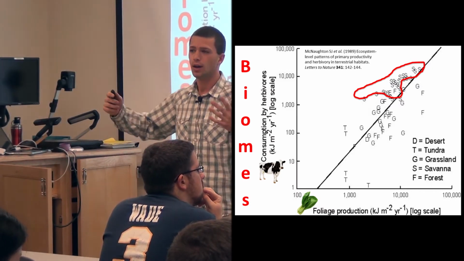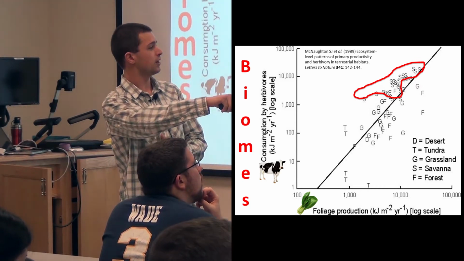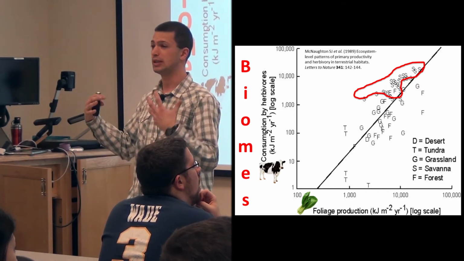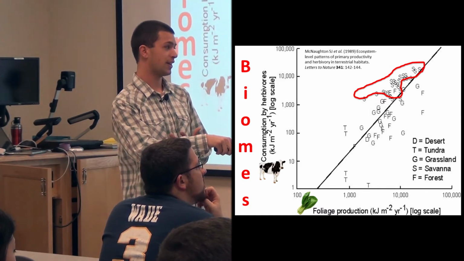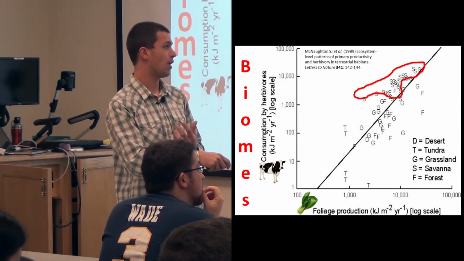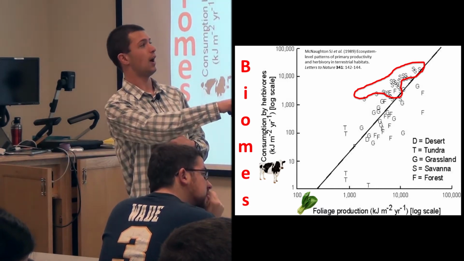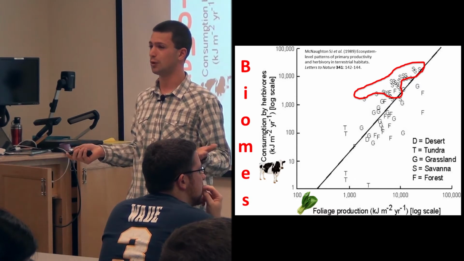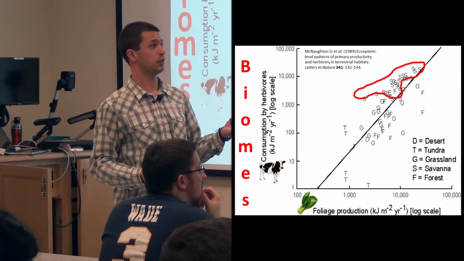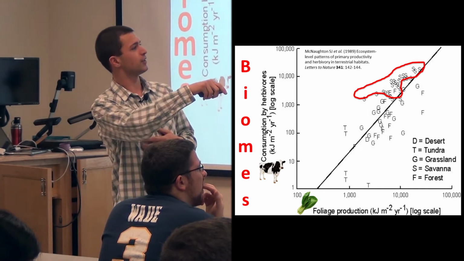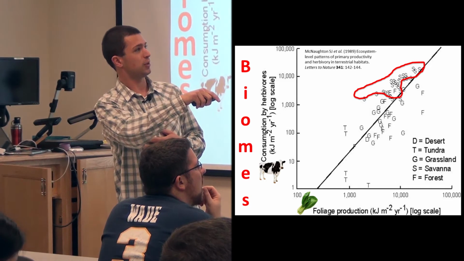We also know that different ecosystems are better at doing different things. The x-axis here is plant biomass, and the y-axis is animal biomass. So we get this really nice relationship of more plants, more animals, or vice versa. This isn't necessarily a causal relationship, but it's certainly correlated. The different letters represent the different kinds of ecosystem. You can see there's a lot of S's up here at the top.